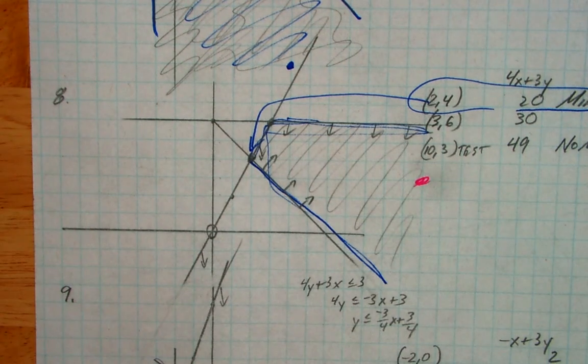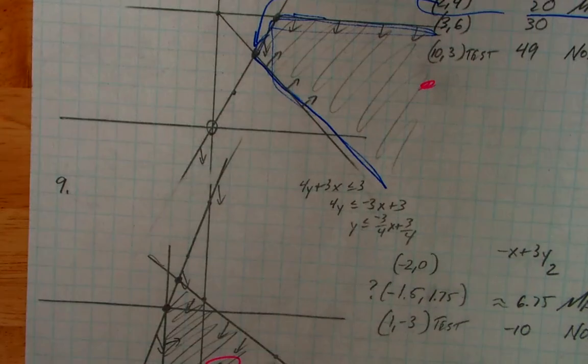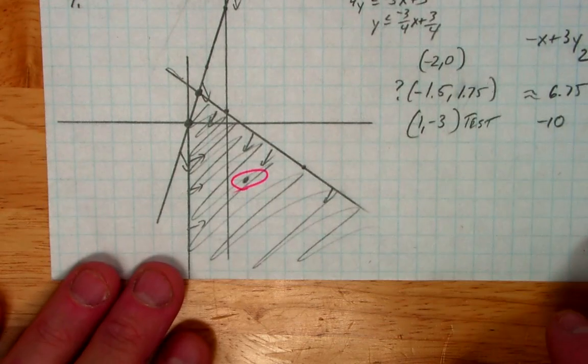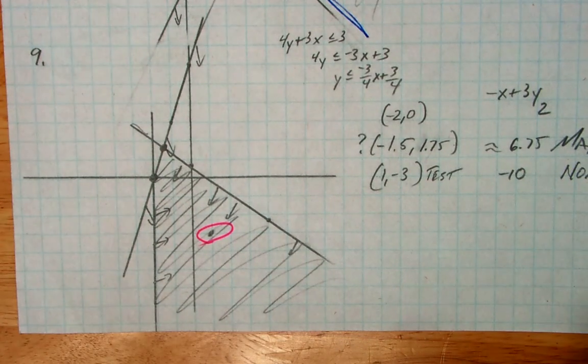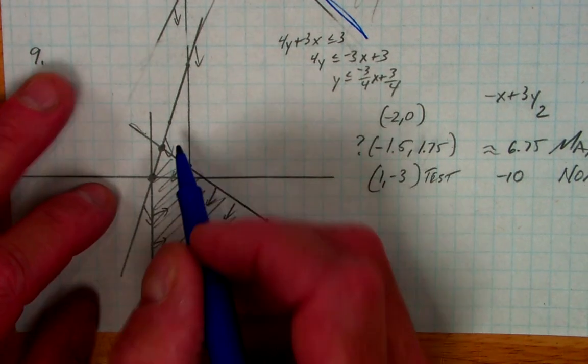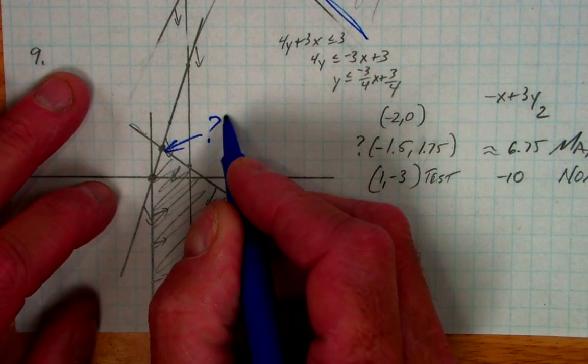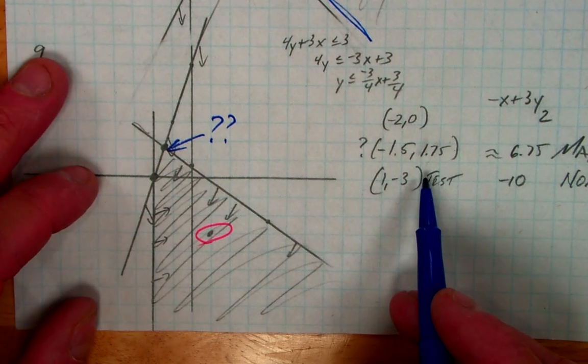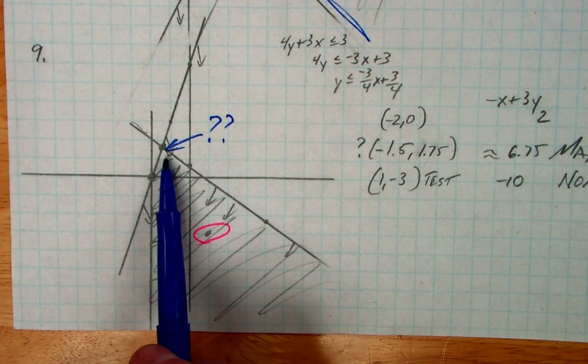Okay. So 9, I want to talk about 9 just a little bit more. 9 is one of these problems that it didn't intersect at a nice clean point. Well, we're going to start handling that a little bit different way. This point's really easy, but this point, I don't know. I guessed. But do you think we can find that intersection point? Yeah,